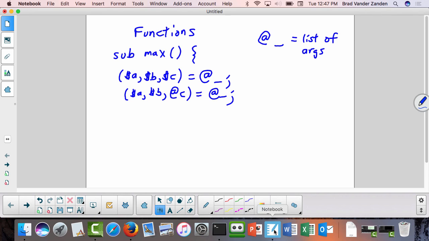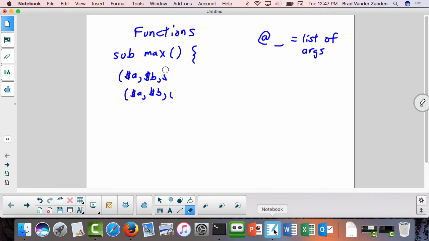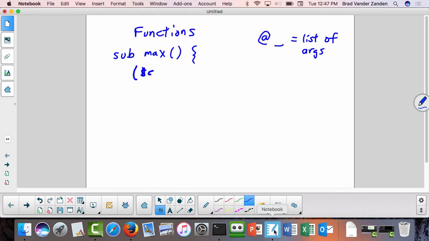Now, a thing about Perl that's annoying is that any variable you declare in a function is actually put in the global namespace. So what I just did would, let's say I said $A, $B equals @_. $A and $B will actually now be placed in the global namespace. So to see that,